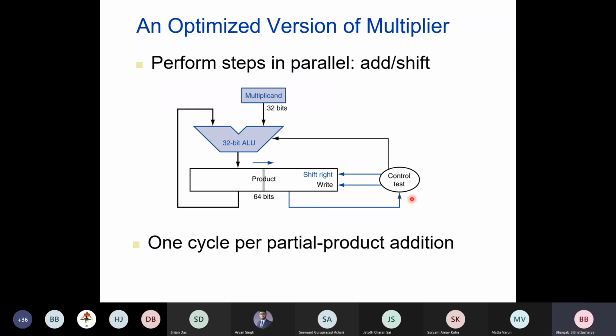So I will show you an example of how this can be performed. This is an optimized version where you reduce the cost of the hardware. You don't need the multiplier register, first of all, and secondly, you don't need a 64-bit register for storing the multiplicand, and you don't need a 64-bit ALU. All you need is a 64-bit register to save the product term as well as to save the multiplier initially. And as the multiplier bits are being shifted out, this product term is growing gradually, and finally the product term will occupy the entire 64 bits.